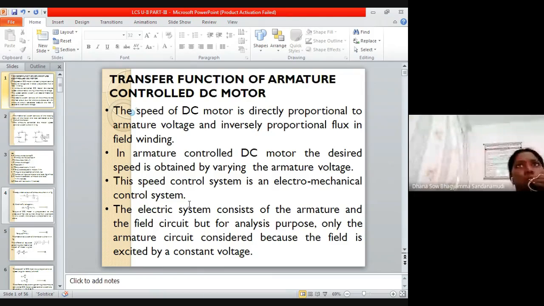We are going to discuss a new topic today. You know the speed control methods of a DC motor. In your machines laboratory, you might have done the armature speed control method and the field speed control method. You have already learned the theory of those methods in your ET subject. Same concept here, but we are going to determine the transfer function. Nothing new here, but I am going to repeat the same concept.